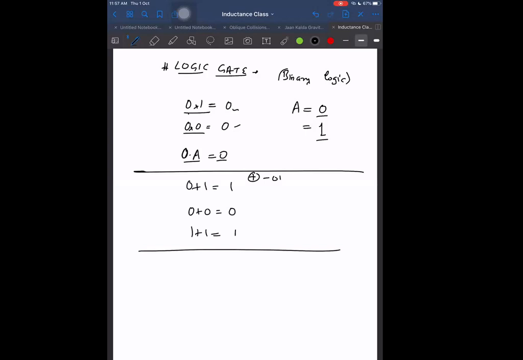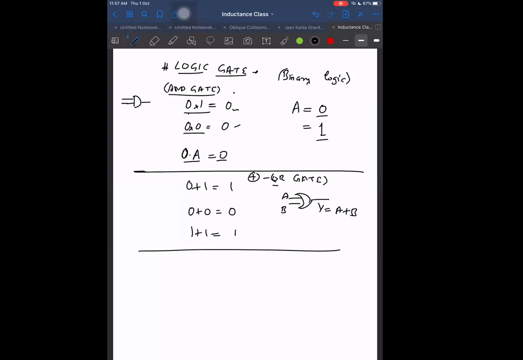Here I'm calling it the OR gate. It is OR gate operation, and this one we call the AND gate. It is AND gate operation. AND gate is like multiplication. We represent it by dot, and OR we represent by plus. And the symbol for AND gate is like this. And the symbol for OR gate is this way. In OR gate we give two inputs, A and B, and what output we get? Output we get as A plus B.